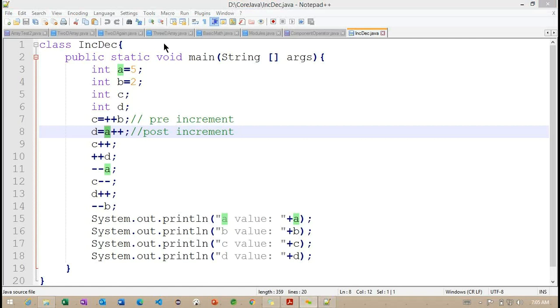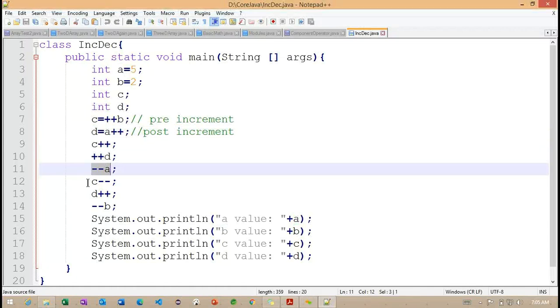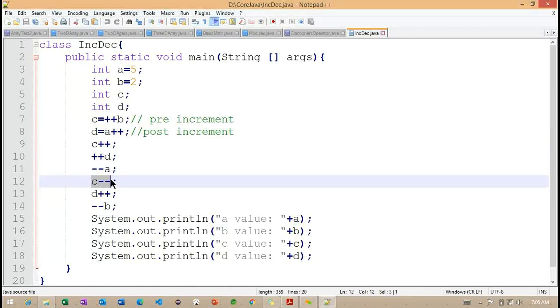So this is the main difference between pre-increment and post-increment. And finally, with the help of pre-increment and post-increment, we checked the pre-decrement operator and post-decrement operator here.